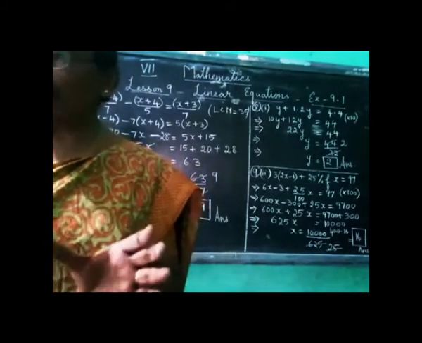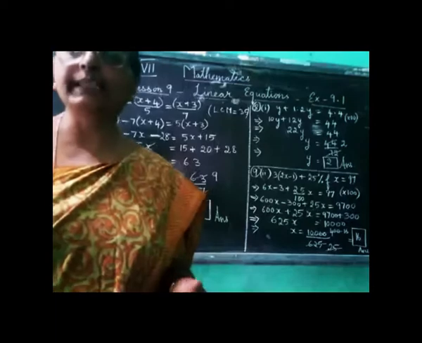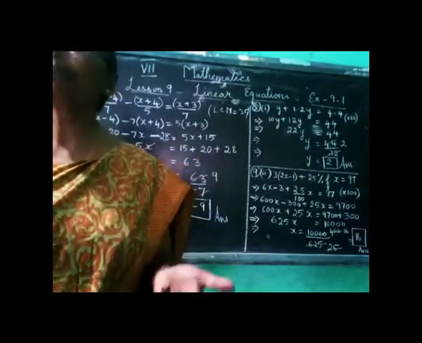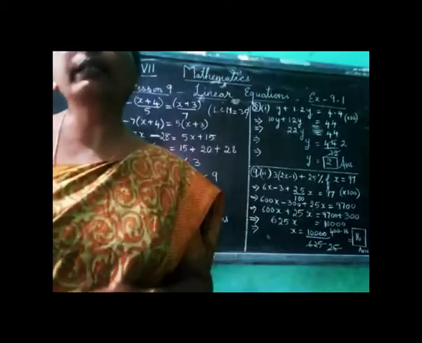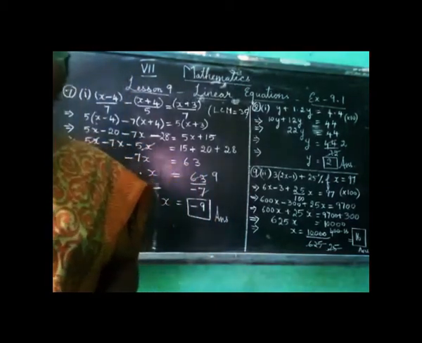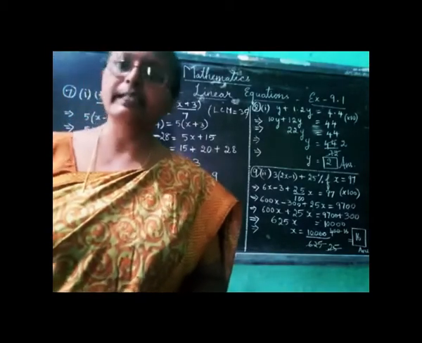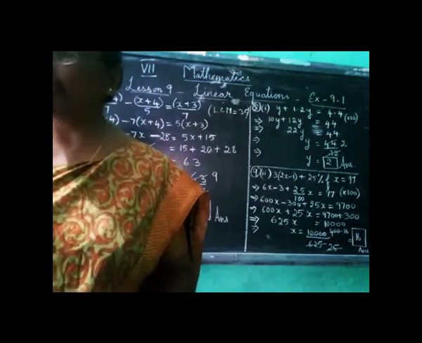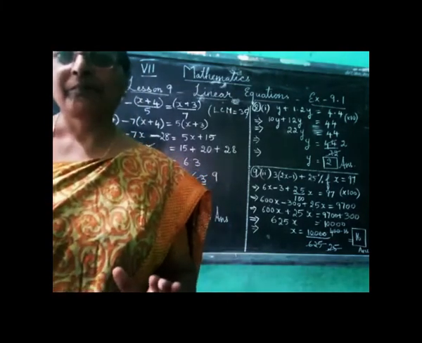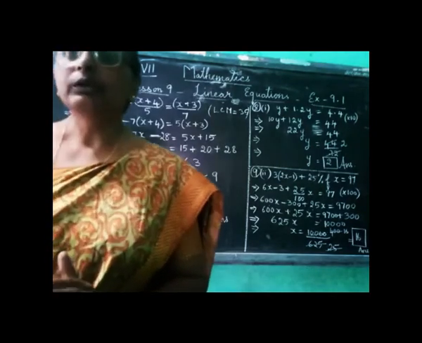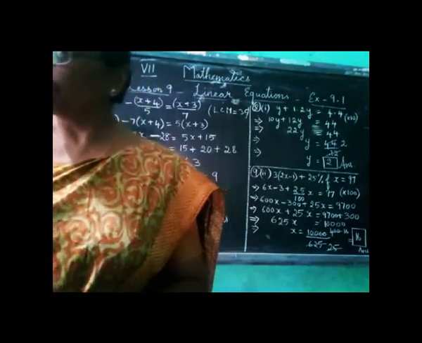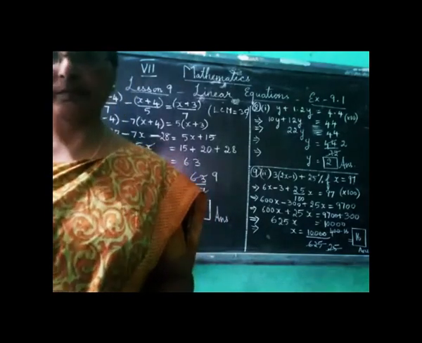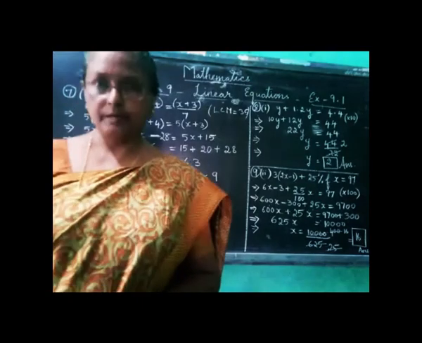Then you have to put the value of x as minus 2 as we did in lesson 8 in exercise 8.3 substitution. You have to follow that method and you have to put the value of x as minus 2 in that equation. Then what you get finally will be left out as p. So that value you will get, p is equal to. So you can solve that easily and that sum you can do by yourself. Hope you will finish this by yourself.